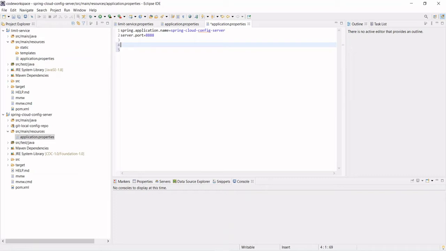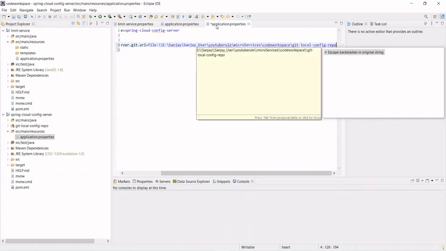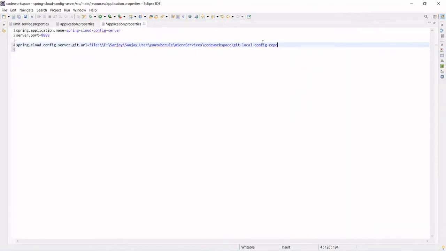So what you need to do: spring.cloud.config.server.git.url is equal to, you need to mention here file, okay, and the location where we have installed and configured the local config repo.